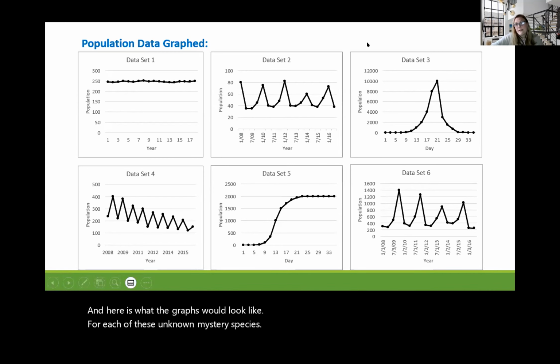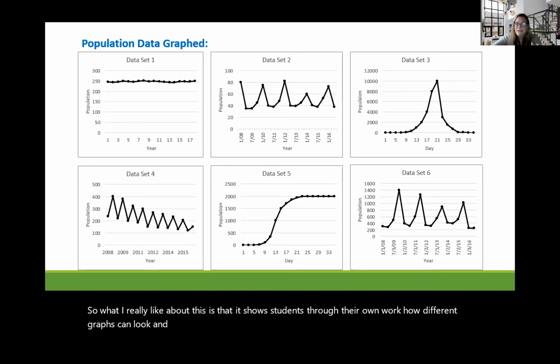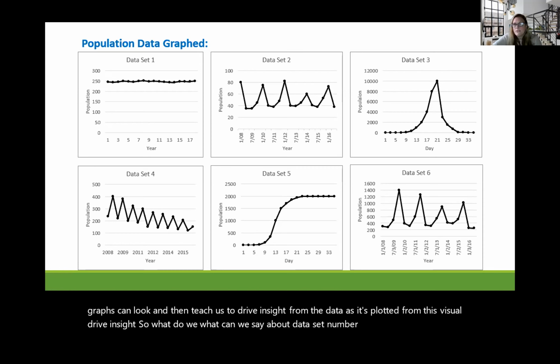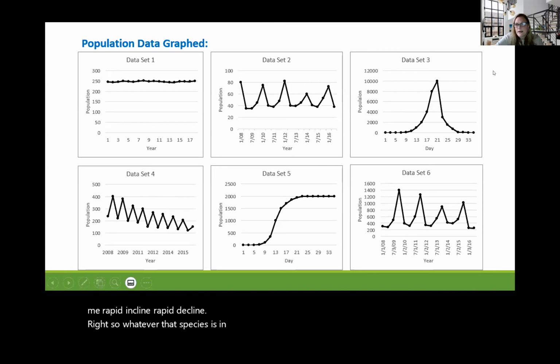So what I really like about this is it shows students through their own work how different graphs can look, and then teaches us to derive insight from the data as it's plotted. From this visual, derive insight. So what could we say about data set number 3, right? That looks like a J curve to me. Rapid incline, rapid decline. Right, so whatever that species is in data 3 is fast to grow, fast to